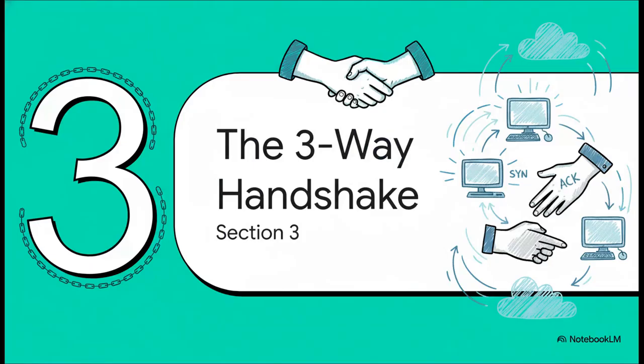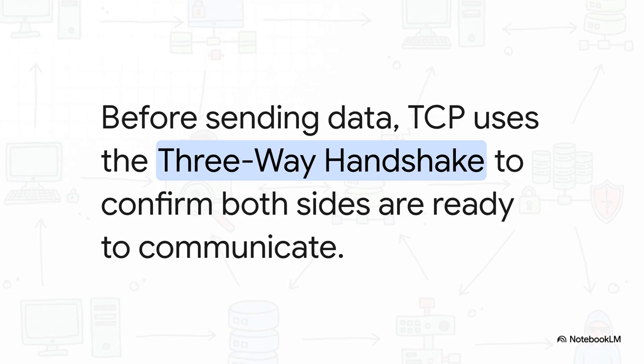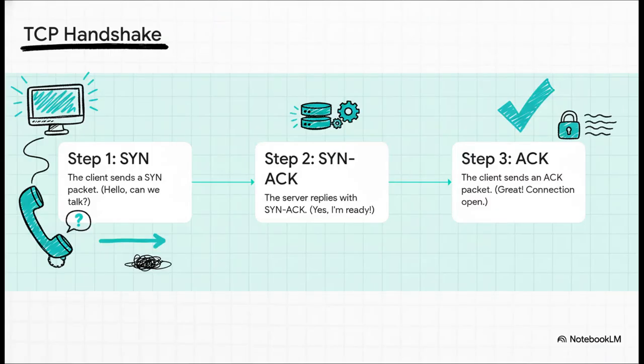So how does TCP make sure everything is so reliable? It doesn't just start blasting data into the void. No, it's polite. It starts every single conversation with a formal little introduction called the three-way handshake. Now, this is a really crucial point. This whole process is what makes TCP what we call a connection-oriented protocol. It confirms that both sides are ready, they're willing, and they're able to communicate before any of your actual data, your email, the web page, whatever, is ever sent. It's all about reliability.